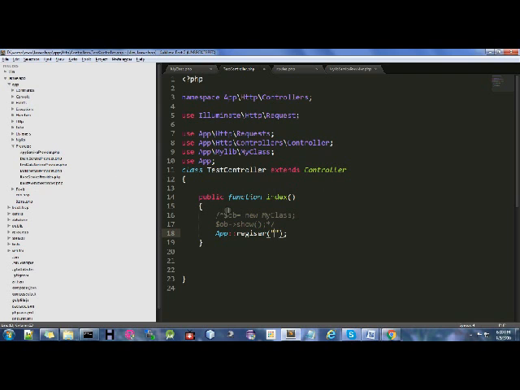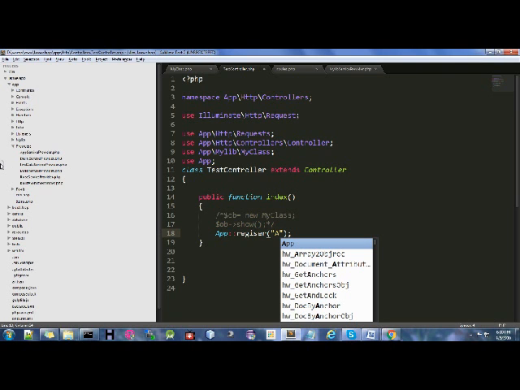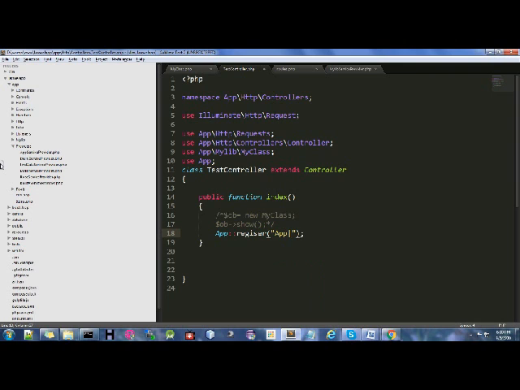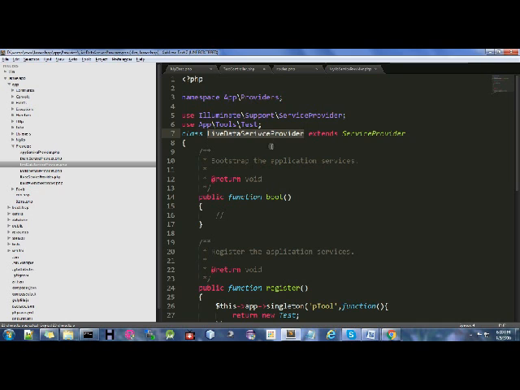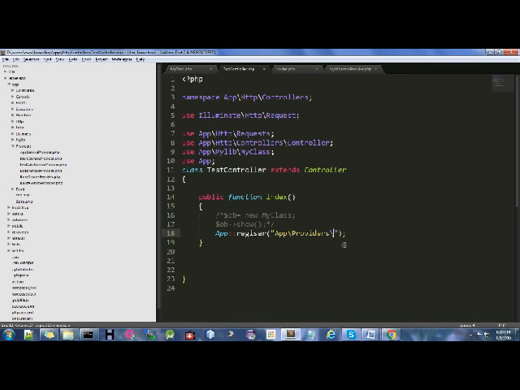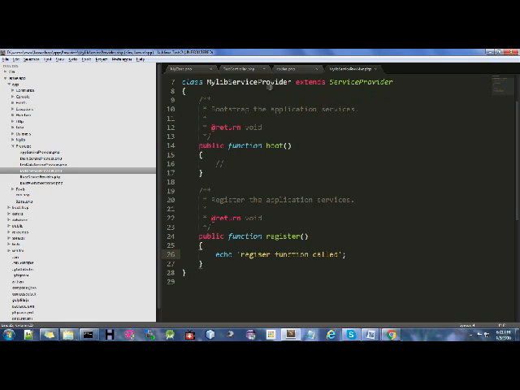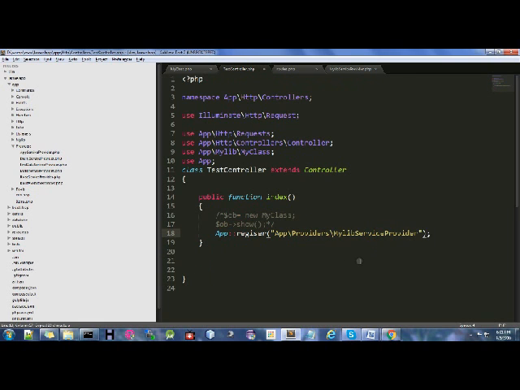In that, just use the path of your service provider: App\Providers, then the name of our service provider.